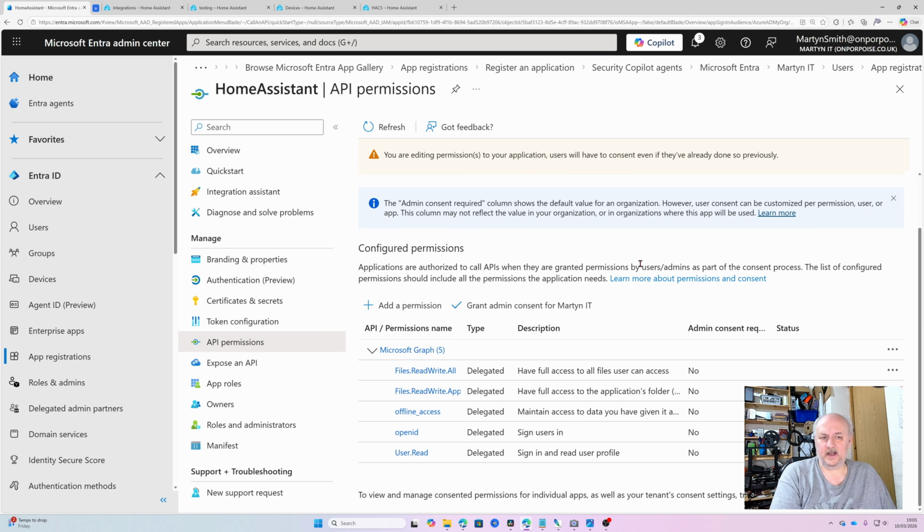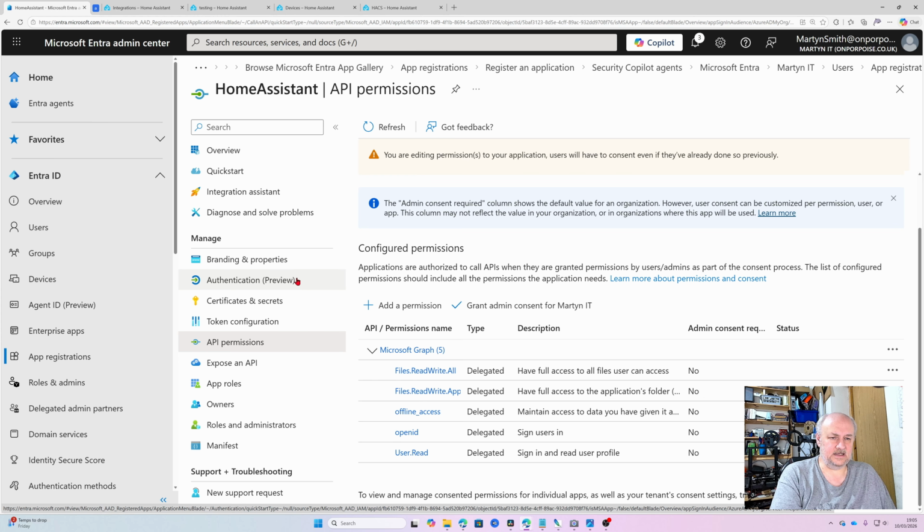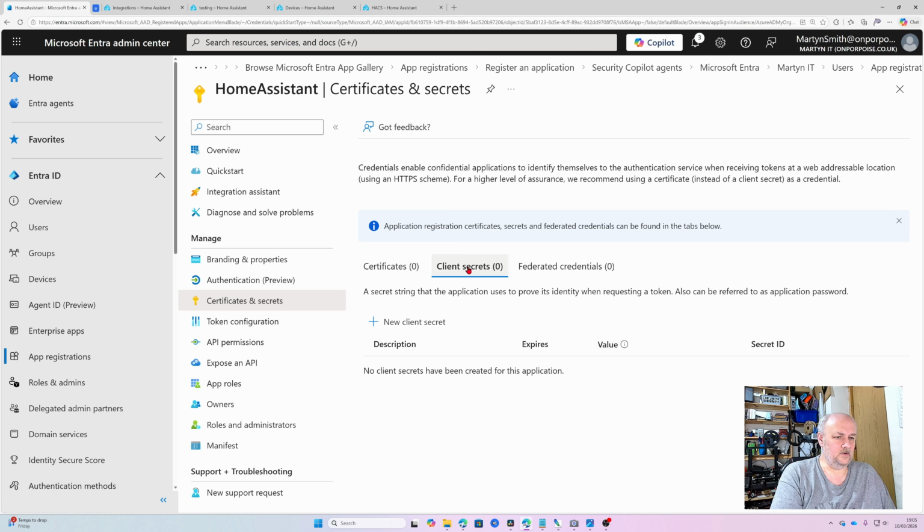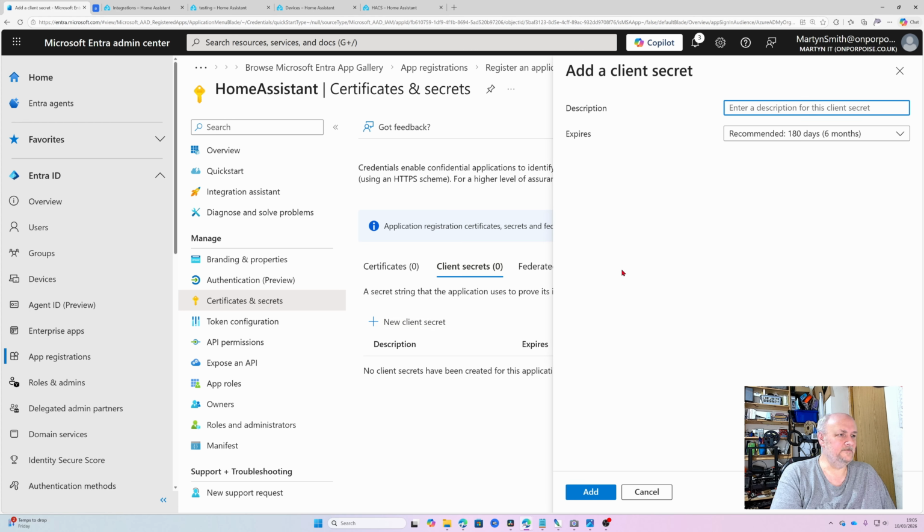Okay, that looks all fine. The next thing we need to do is add a secret, which is in here. So I want to add a client secret, and I'm going to add a